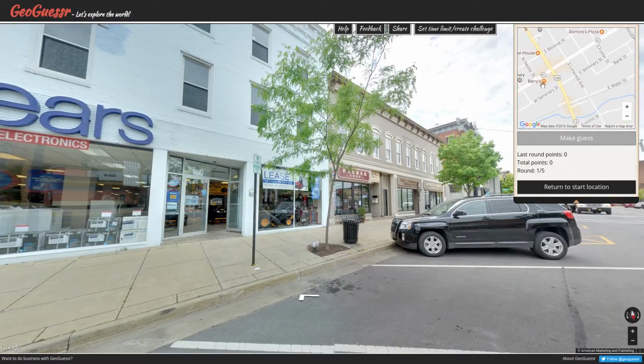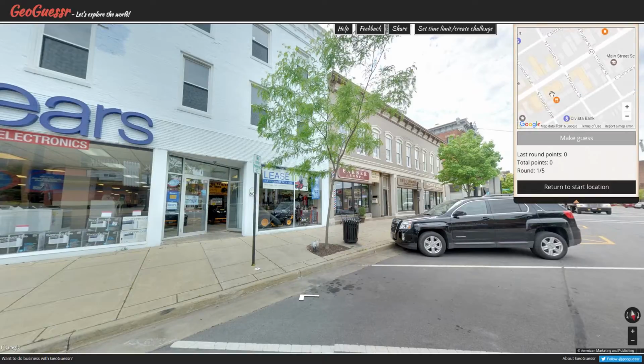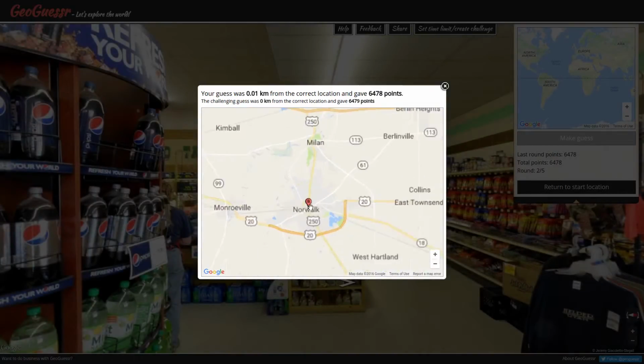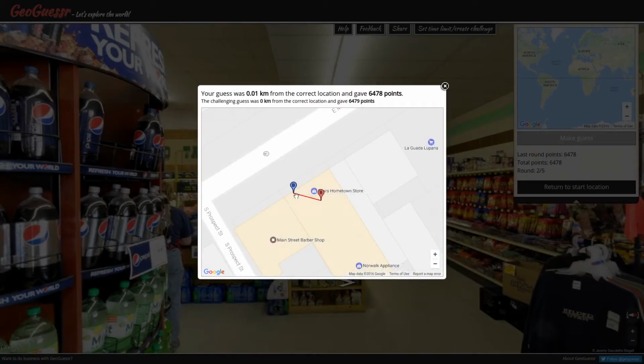I'm assuming this is Main Street. It is. And Prospect, huh? There's Pleasant Street. Linwood, Forest, something unlabeled. Woodlawn, Rosedale. Alright, let's zoom in and see what that unlabeled one is. It's Prospect. It's a Sears store. Crazy. You're gonna dock me a point when I knew in seconds where we were? You dirty...